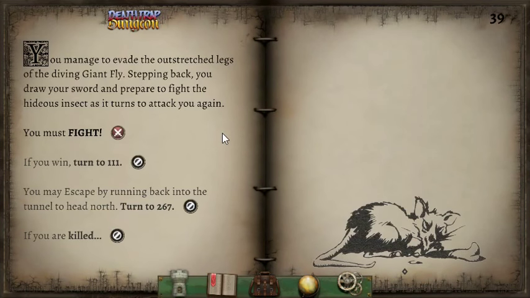Here we go. You manage to evade the outstretched legs of the diving giant fly. Stepping back, you draw your sword and prepare to fight the hideous insect as it turns to attack you again. Oh, I have to fight it now. Okay, I thought maybe I could just get away with it. Okay. You must fight. If you win, turn to 111. You may escape by running back into the tunnel to head north, turn to 267. If you're killed,